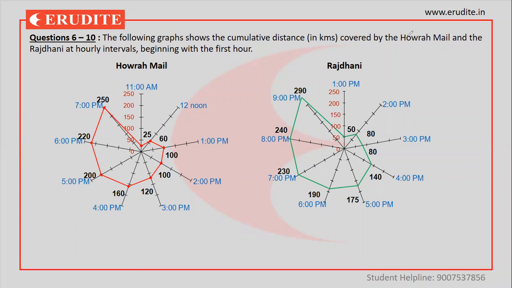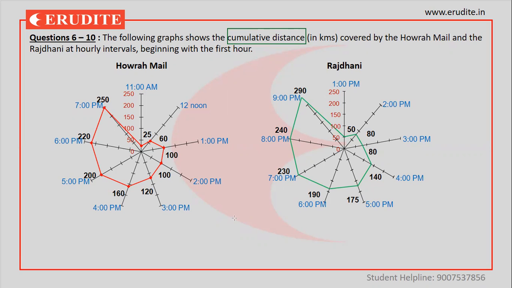Look at the set, overall an easy set, except one very important checkpoint. What is given? The following graph shows the cumulative distance, an important term. That means it is being added every time, covered by the Howrah Mill and the Rajdhani in hourly interval, beginning with the first term. First of all, I'll explain the meaning of this term,